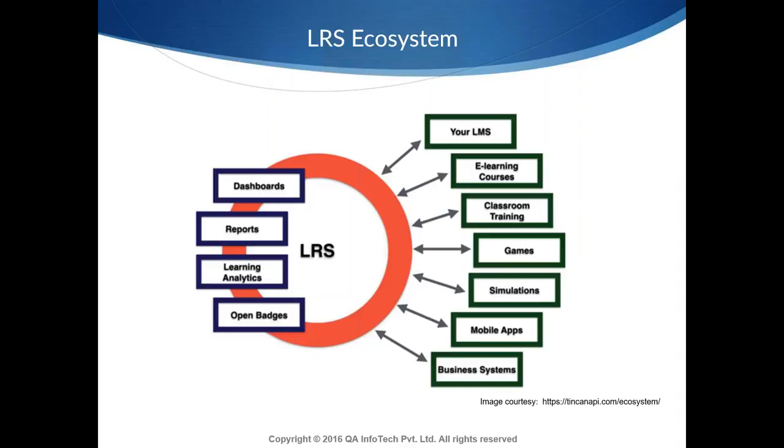And on the left hand side we can see what the LRS provides. Using the LRS we can see reports in different dashboards, we can do learning analytics, and we can also do badges, which people essentially earn based on what all learning they have